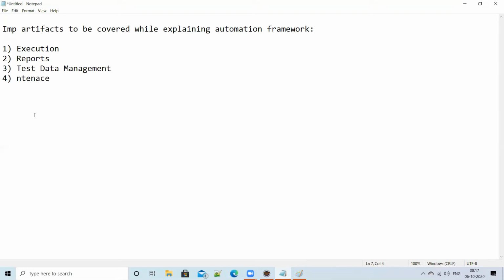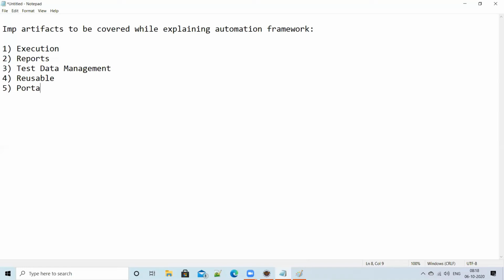In other words, more you should talk about reusability. How effective your scripts are. The code whatever you are developing, are you following reusability? Okay, so that is another thing.